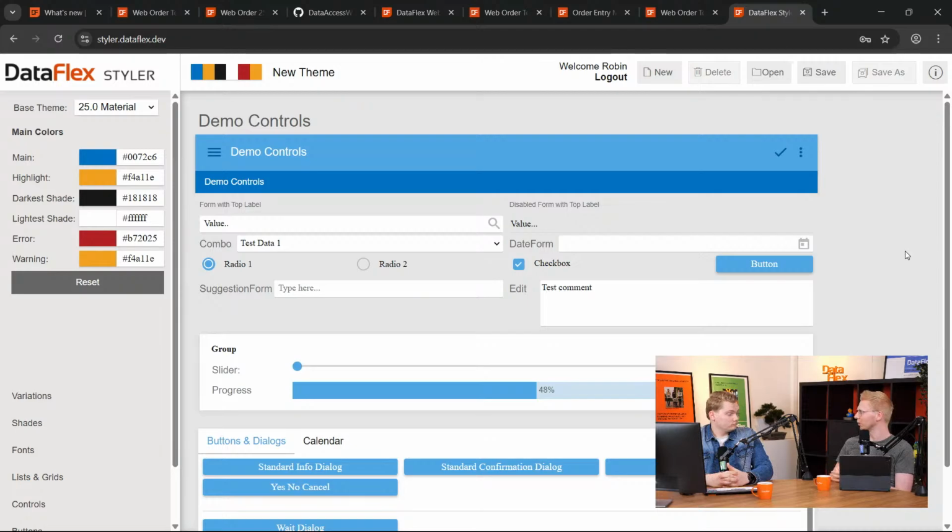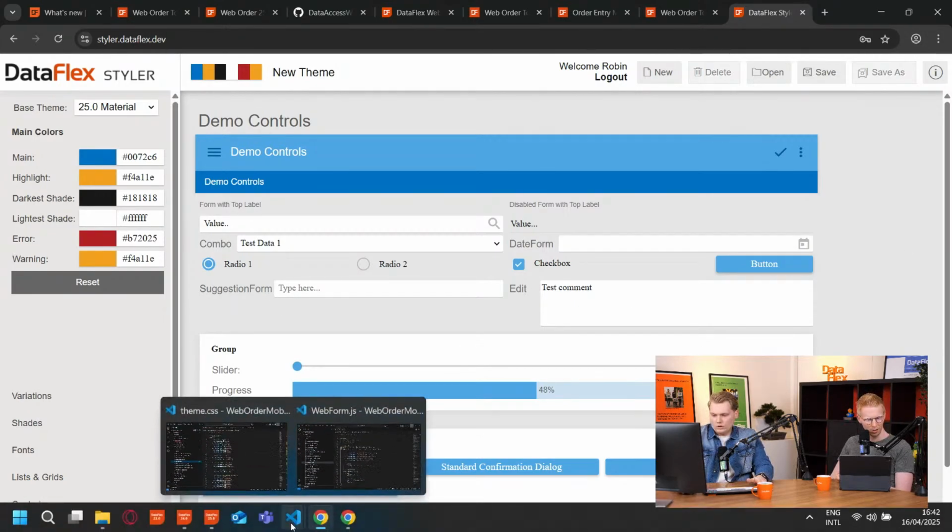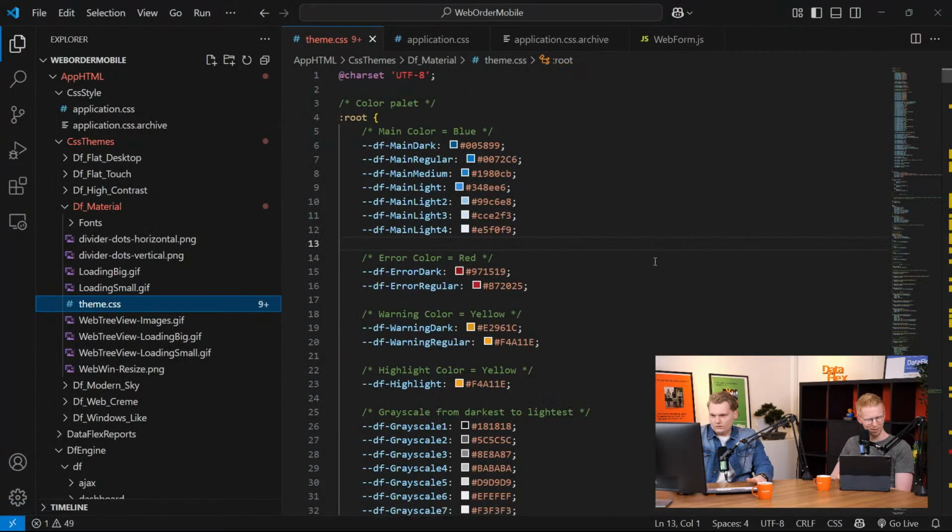So a much easier way to change the colors in your entire scheme, which makes the DataFlex styler a whole lot easier if we had to implement this now for 25.0. Yeah, so maybe if you can show something about it, would be nice. Yeah, so I've opened a Visual Studio Code application, and here I have opened the web or mobile example